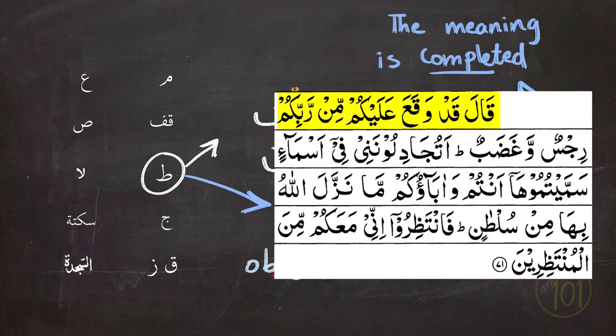قَالَ قَدْ وَقَعَ عَلَيْكُمْ مِنْ رَبِّكُمْ رِجْسٌ وَغَضَبٌ أَتُجَادِلُونَنِي فِي